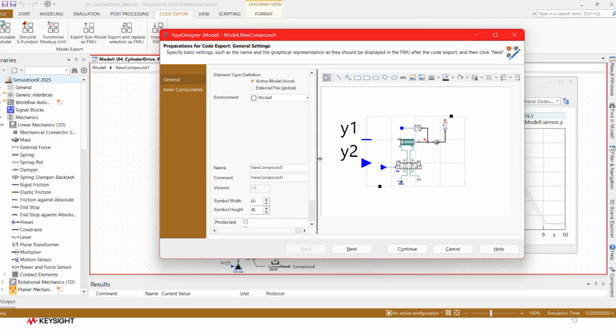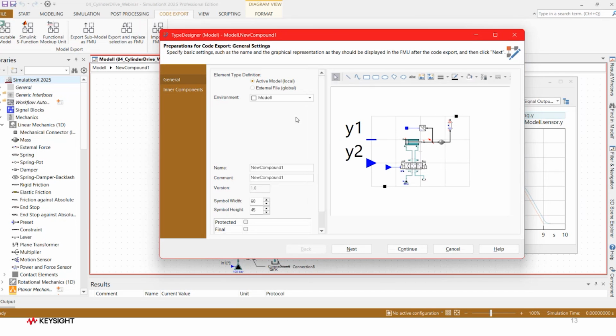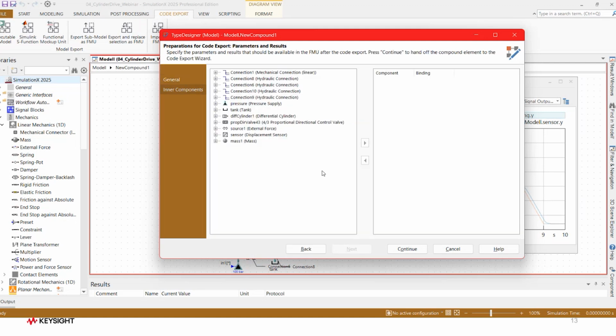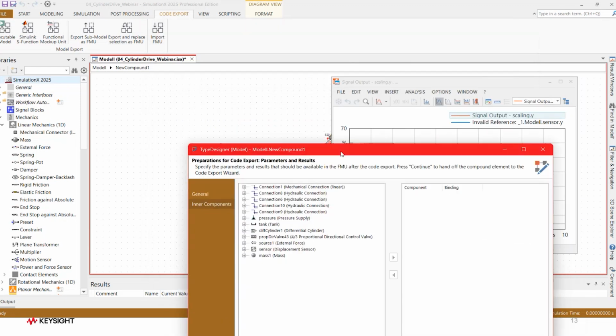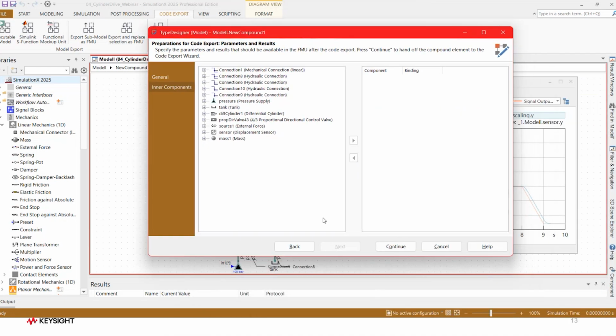So here what we see now is essentially the same window as you would receive from a type designer when building a compound, because the steps are exactly the same. I create a new model object, I give a name to the model object, I give an icon, etc. And of course, I would specify, in addition to the connections which I already know cross the boundary, so those parts are generated automatically, but I might want to have parameters and result quantities which come from my inner structure. So for instance, I might want to change the mass, I want to observe speed, displacement, acceleration,